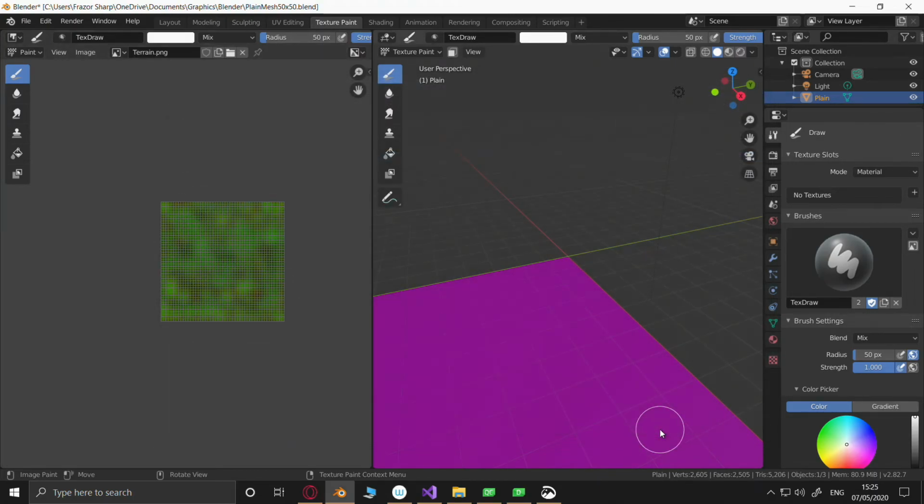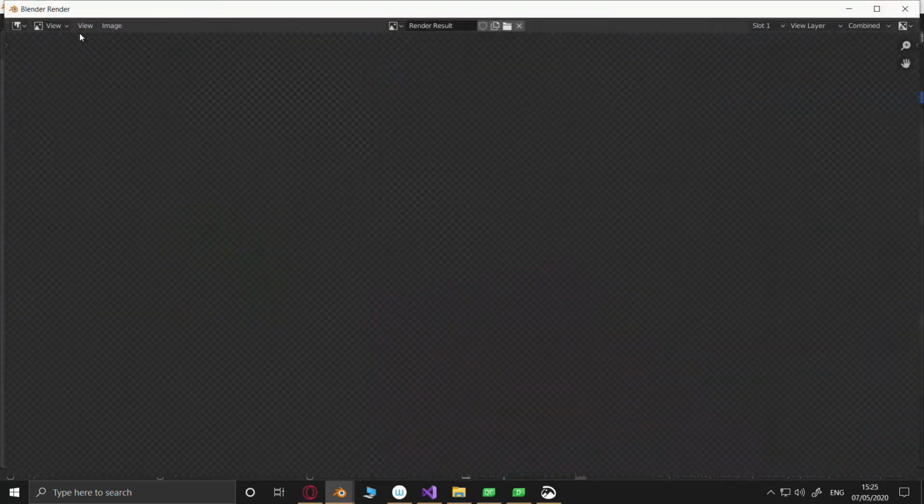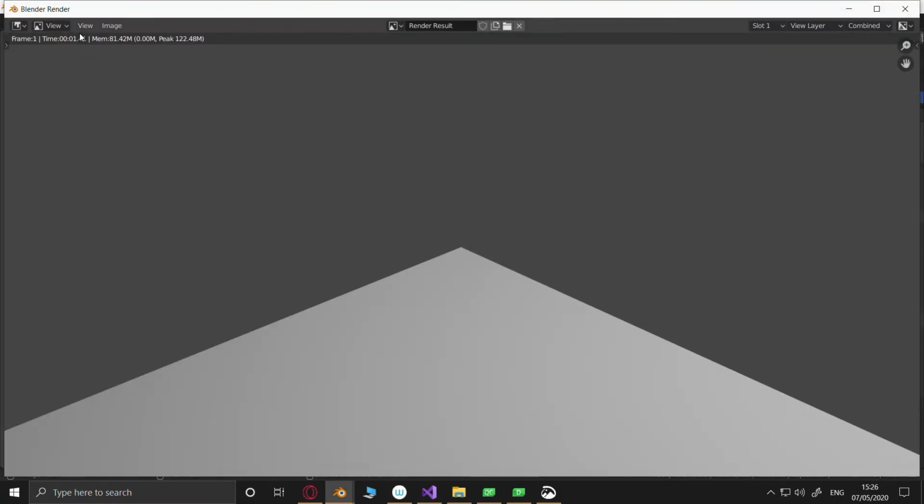Open image. Okay. Render. And the image is still not there.